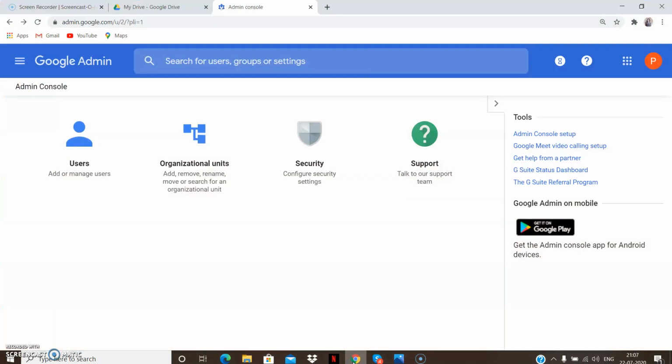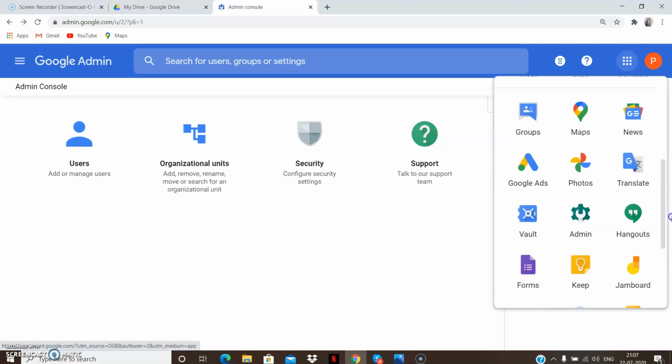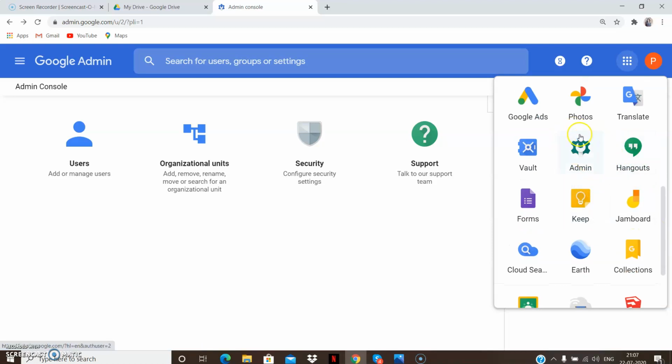First, we need to go to any browser and type admin.google.com, or if we see here in Google Apps, what do we find here is that this particular app, admin. तो दोनों वे से आप admin में लॉगिन कर सकते हैं, या तो admin.google.com और by using this app. आप admin का G Suite ID and password दीजिए.